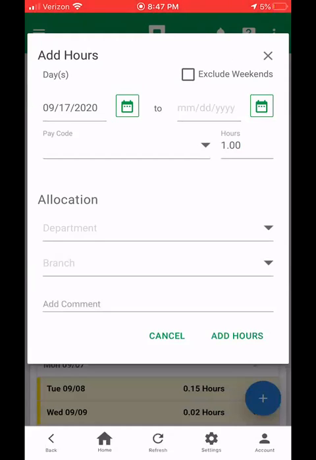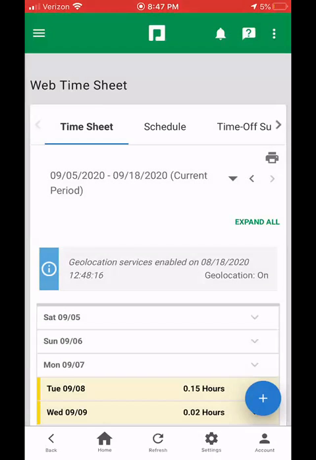And again, you don't have to populate any of the information that's under the allocation. You're just going to click add hours, and again, it will populate up on your timesheet. Now remember, you're going to be using TheraP to enter all your direct service time. You're only going to be using this option to enter those things that are not direct, such as commute time between